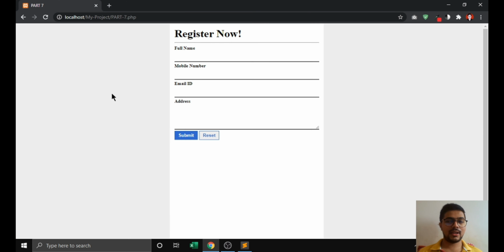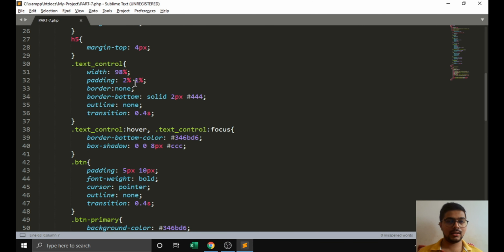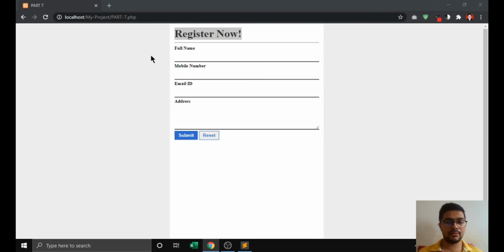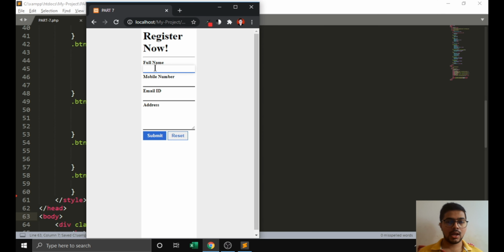In the previous session we had just looked around the registration form. In that we had created the style sheet and different types of style sheet. In the last moment we had not gone with the media queries, because our form is just looking like this, and we have to create the media queries also. Then our part will be finished.